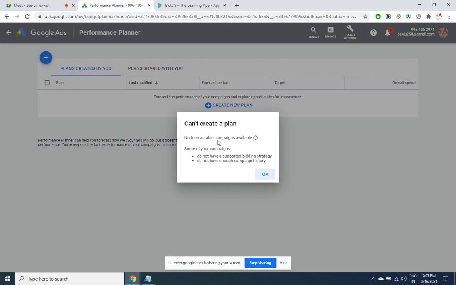That means only once that you have run an ad and there's a sufficient report here, you can experiment. If I increase my budget by 500 rupees a day, what will be the impact? How many more clicks I can expect? How many more conversions I can expect? How many more impressions I can expect likewise? So this is only possible when you have got sufficient data once that your ads have run.